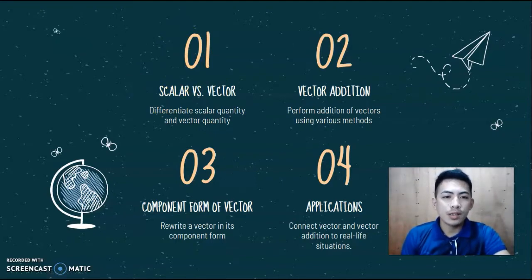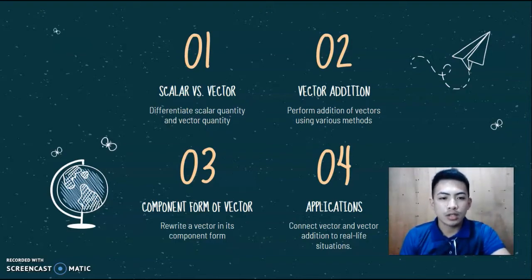And the second one is vector addition. We're going to perform addition of vectors using various methods. In this lesson also, you will learn how vector addition differs from the conventional process of adding quantities. In the third lesson, we're going to rewrite vectors into its component form. There are many ways to rewrite it, and this will help us especially on the succeeding topics in general physics